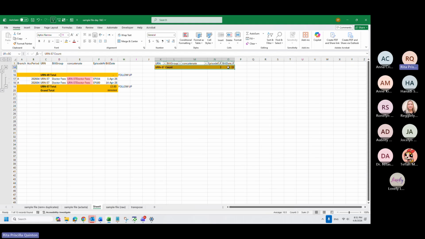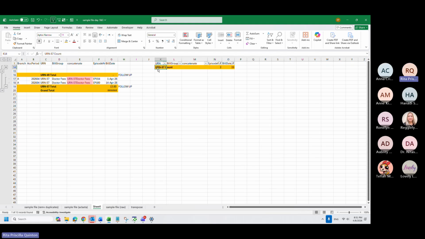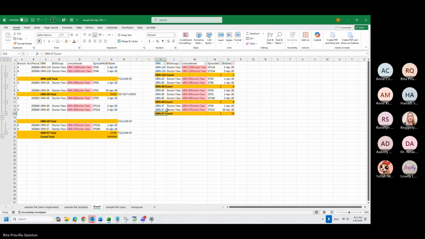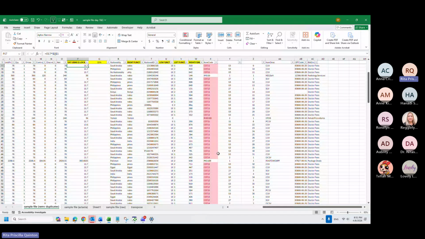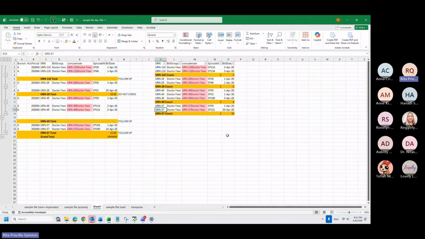Okay, now this, I have to go back to URN 57. That's the meaning of it. So I can go here and check URN 57 on my file. It's clear for you, Miss Tefla? Inshallah, I will have more solutions for you.